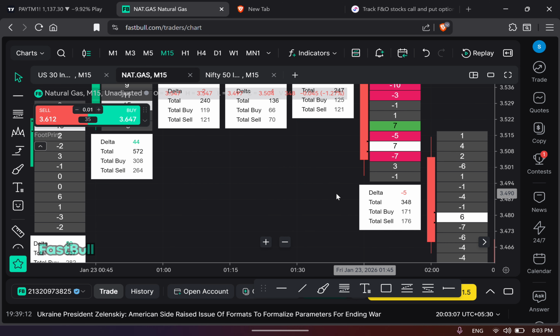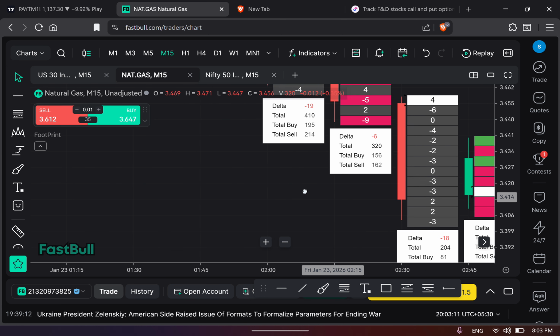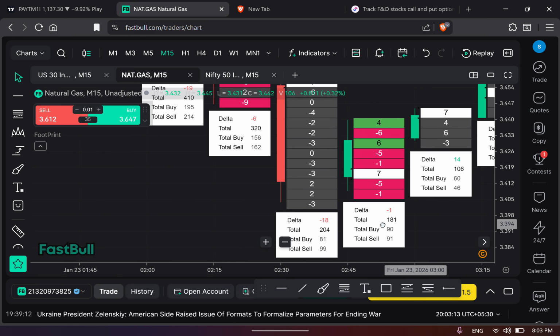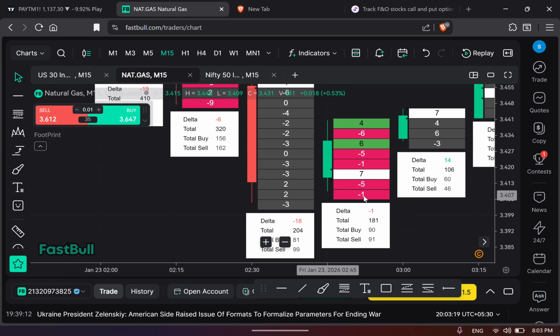Then you can see that massive selling: -5, -19, -6, -18, here -1. After seeing the green candle, whether you can exit the trade or not, you have to understand that. See, -1 at this level, one contract sold, and here -5. So the people are not interested in selling at this level. In this green candle, only one contract sold, -5 contracts sold,